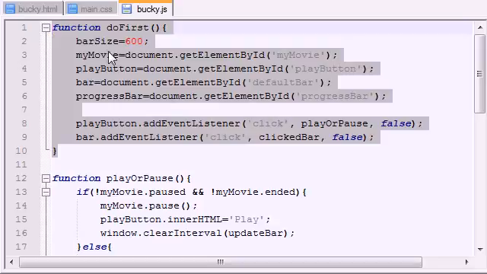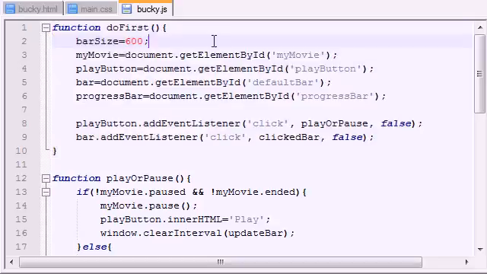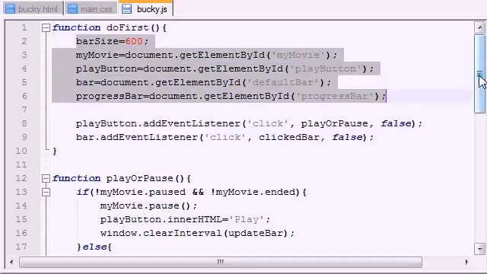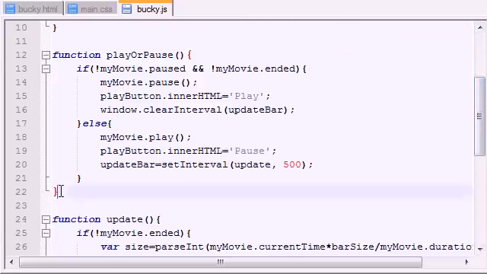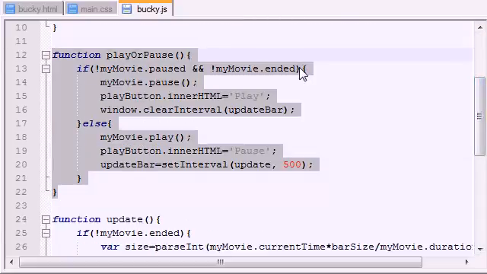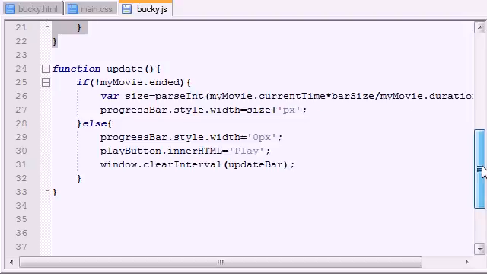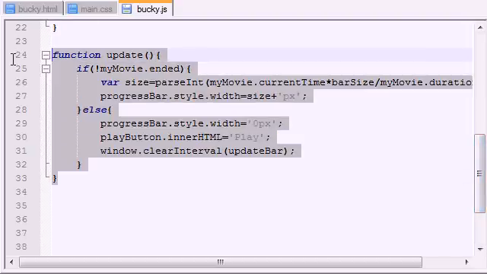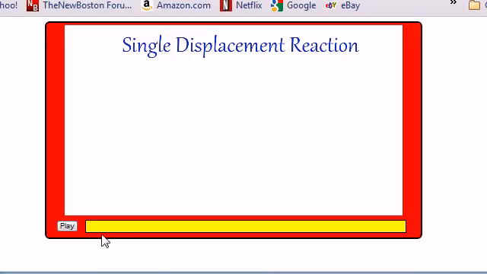This first function is going to get called whenever the website loads. It's pretty much going to make all of our variables. The second function is what's going to get called whenever we click that play button. It's either going to play the video or pause the video, depending on if the video is playing or paused already. And this last function right here, update, is basically going to change the size of that progress bar as the